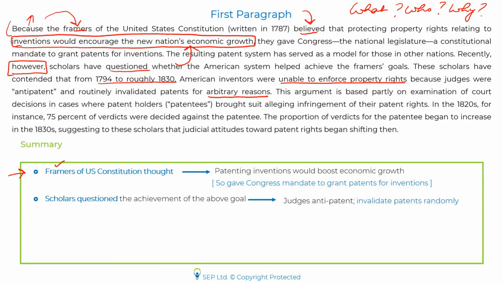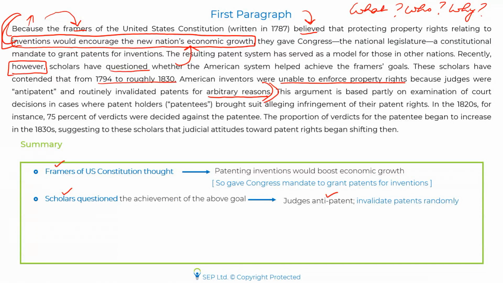So I have simplified such a huge paragraph. I want you guys to notice that from here till here, this long chunk, I have been able to just reduce it to 2 short phrases or sentences or whatever you call. So again, who is saying? Scholars. What are they saying? This.